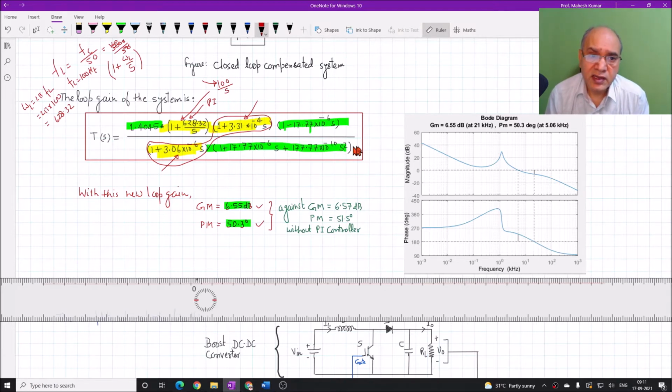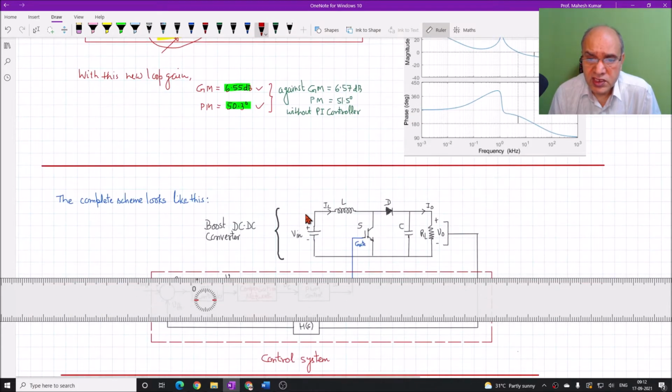You may be thinking that how to implement these particular two transfer functions. One is the PI, another is the lead compensator. If you recall your knowledge from the control system study, you can realize lead or lag network by a passive network, or you can also realize by active network like op-amps. Op-amps are better choice because they won't overload the source and offers very high impedance to the source.